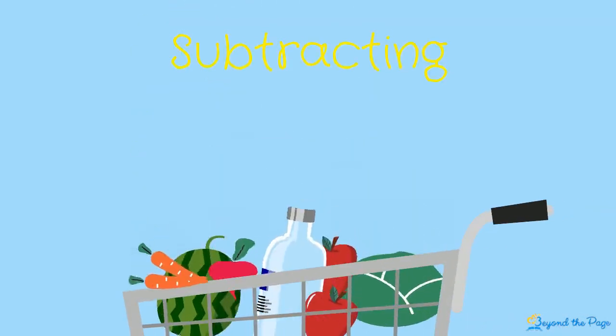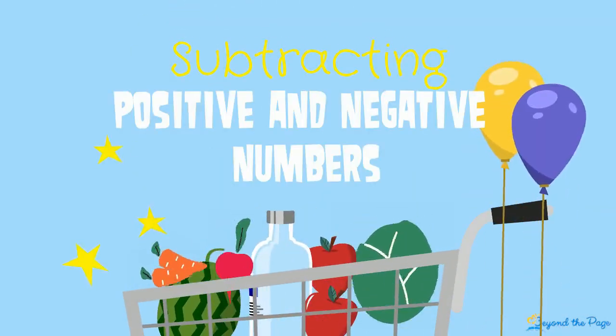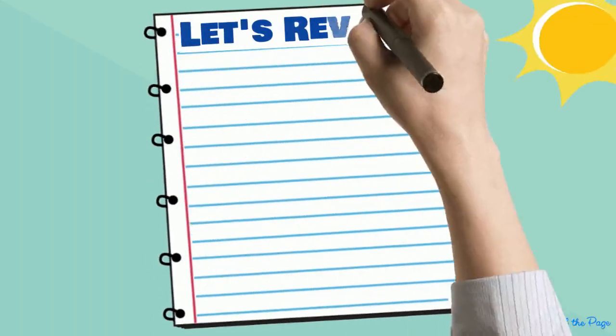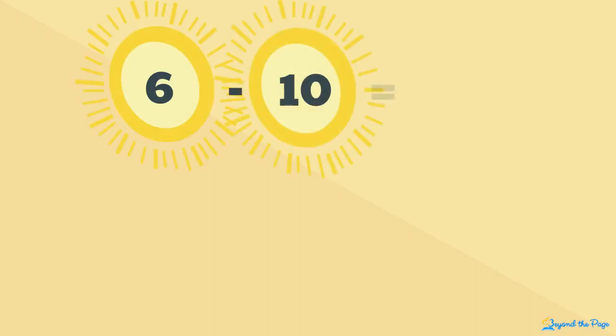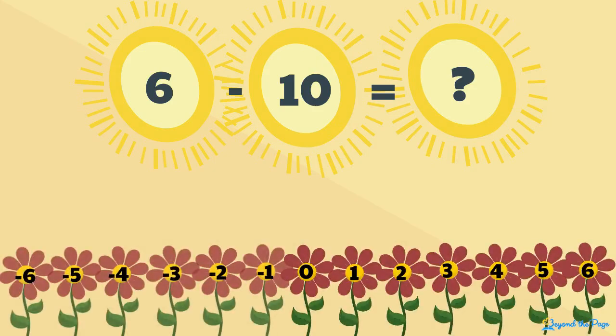Subtracting positive and negative numbers. You've applied the idea that minus means opposite of to change subtraction problems to addition of the opposite problems. In each of the problems you've completed to this point, the number that follows the subtraction sign has been positive. For example, in the equation 6 minus 10, both the 6 and 10 are positive. You know that minus means opposite of, which allows you to read this as 6 plus the opposite of 10,